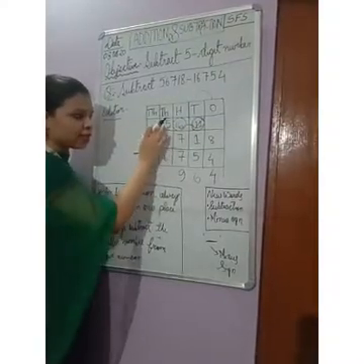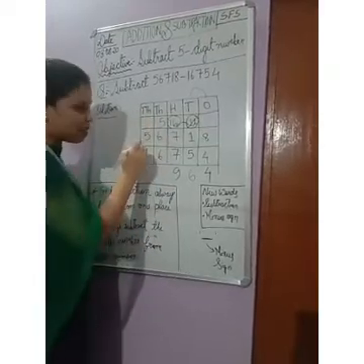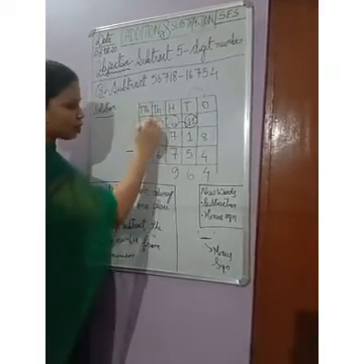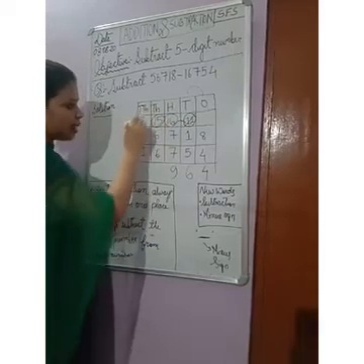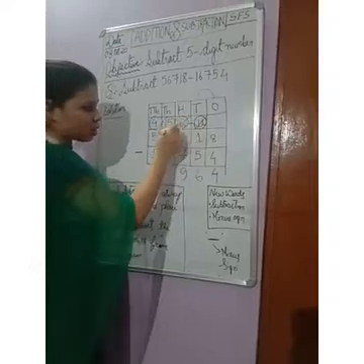Now 5 is smaller than 6. Again we have to borrow from the ten thousands place. When we borrow, it becomes 15 and this becomes 4. The hundreds place is over, you can put a cross mark here.